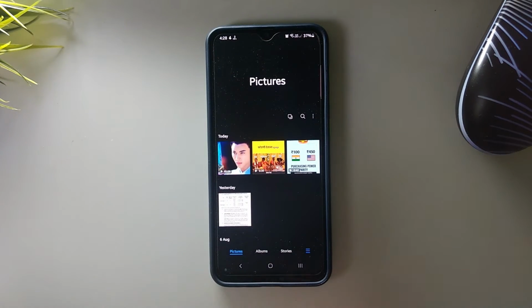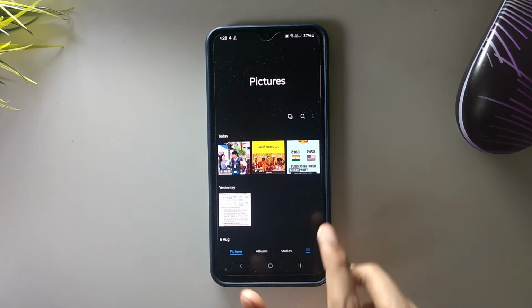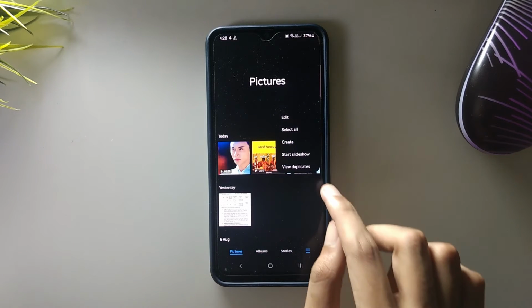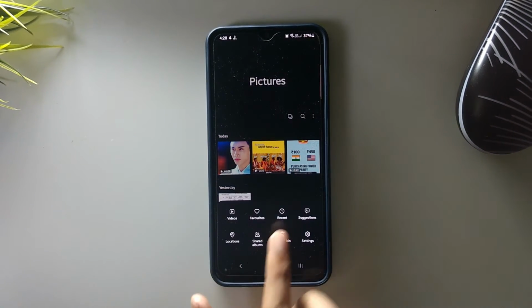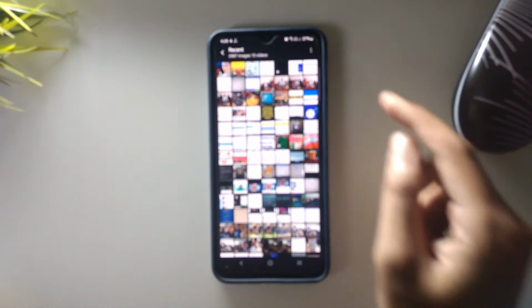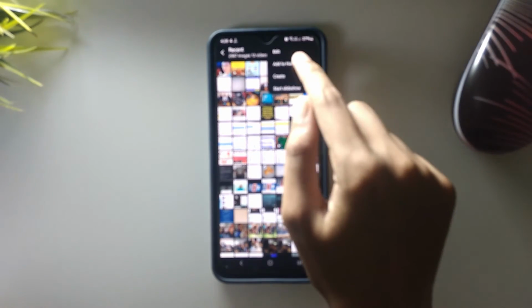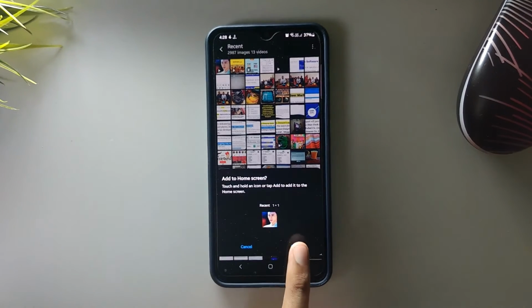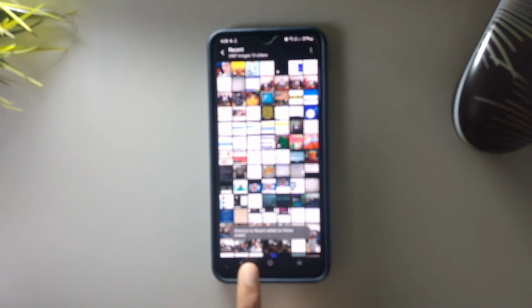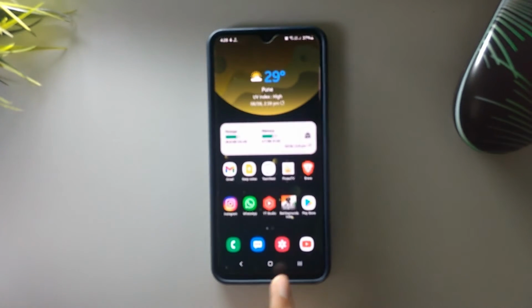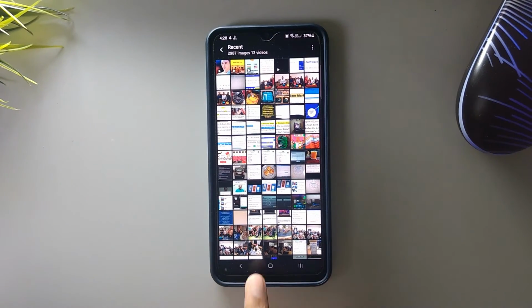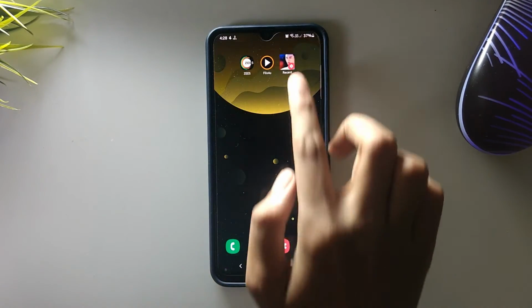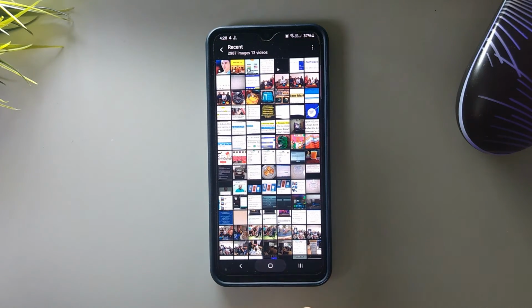If you don't like how the Samsung Gallery app looks when you first open it, there's another way to view your recent photos quickly, and that too from the home screen. It offers a cleaner interface. To use it, first, open the Samsung Gallery app and tap on the three-bar icon. Choose Recent from the menu. Tap on the three-dot icon on the recent screen and select Add to Home Screen. Now whenever you need to access the recent photos, simply tap on the newly added recent icon on your home screen.